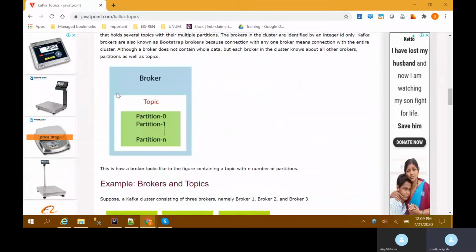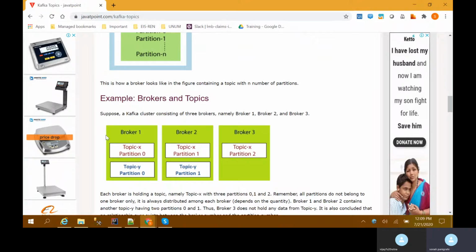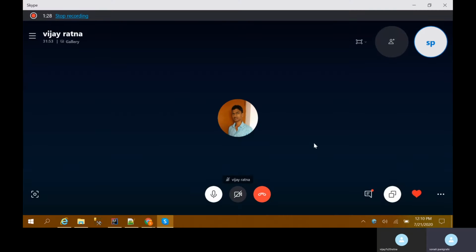A broker is nothing but it holds one topic and multiple partitions in it. There can be multiple topics in one single broker, and each topic can have multiple partitions. We can have as many brokers as we want throughout our Kafka setup. All these brokers are maintained by the Zookeeper server. Zookeeper maintains all the brokers, how the information is sent from one broker, and how it is consumed. So this is the overall handling of our Kafka.